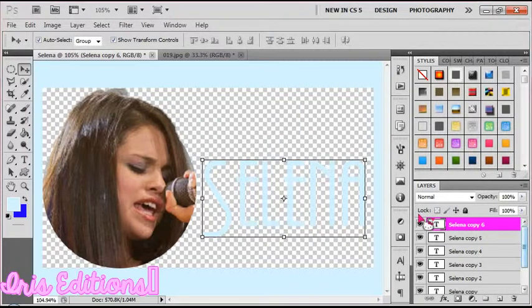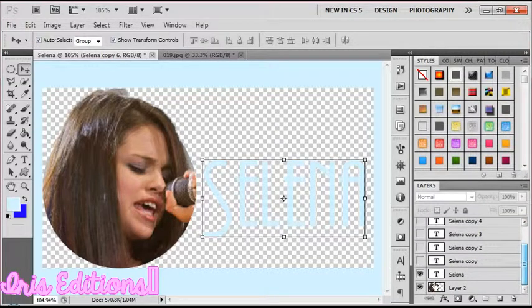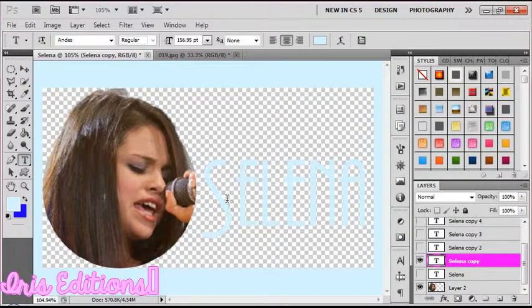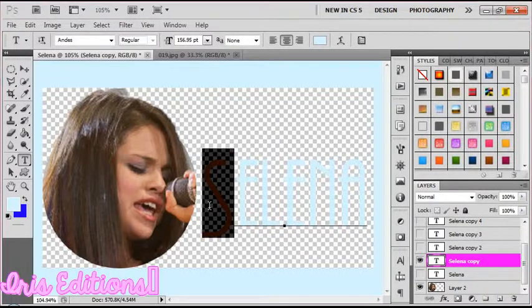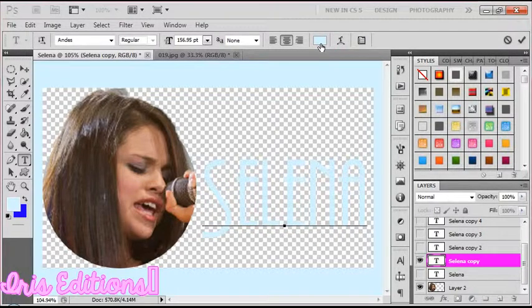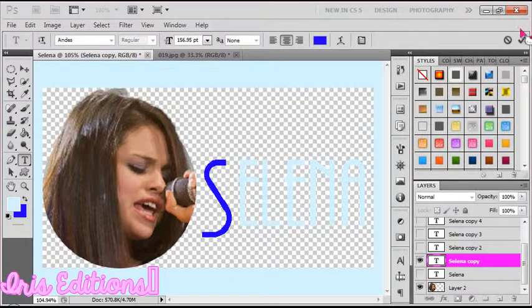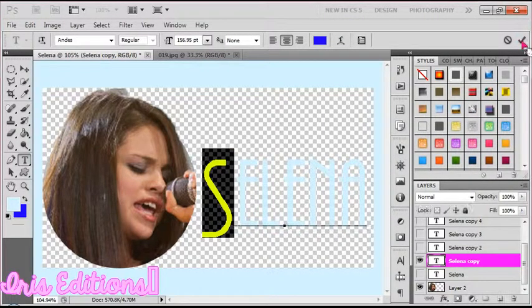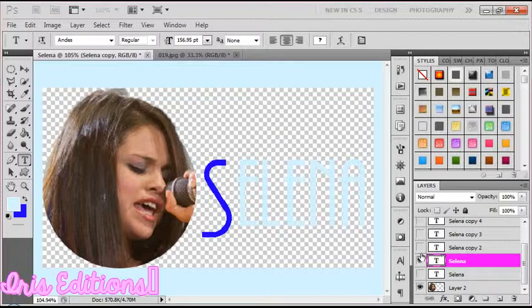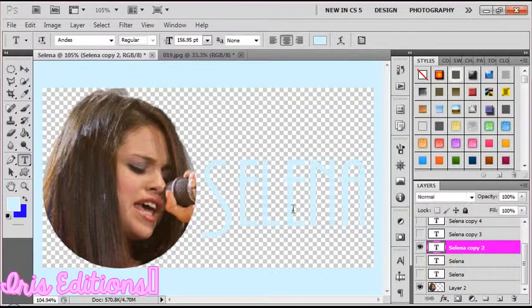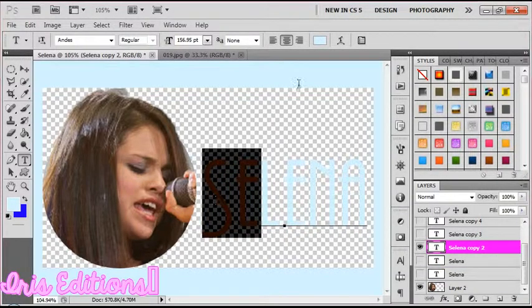Then that. Now hide it. Then that. Hide it and you're gonna make it. And you're gonna change the color of the first. Okay. You transform it. Then that.